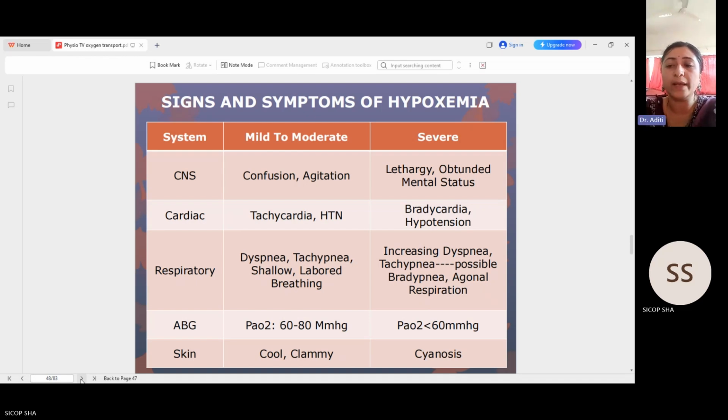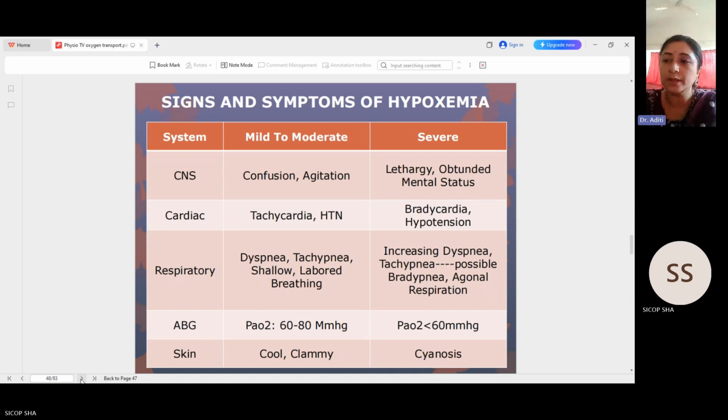So the skin will appear cool and clammy in case of mild to moderate hypoxemia, whereas in case of severe, it will turn cyanosed. The PaO2 will be less than 60 mmHg. The dyspnea and tachypnea will worsen, and there could also be possible bradypnea or agonal gasping, or agonal respiration. At the cardiac level, there is always initial tachycardia, but ultimately if the hypoxemia further deteriorates, it will result in bradycardia and hypotension. Okay, so initially when the heart tries to pump harder and meet up to the demands, there is tachycardia and hypertension that is seen, and when it fails to do so, that is when the bradycardia sets in and